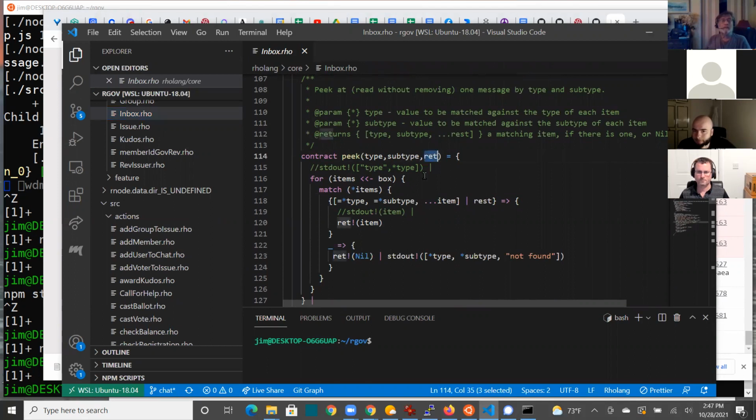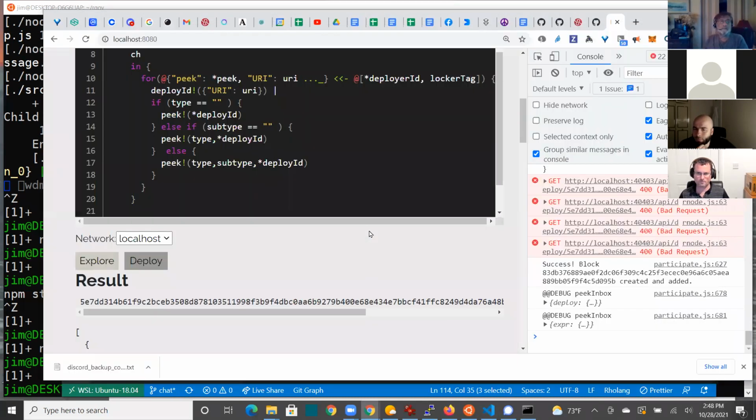So we're getting a return value on this channel. And we're matching all the items in the inbox, something which has the type and the subtype we specify. And then the rest of the items. And we return the rest of the items,